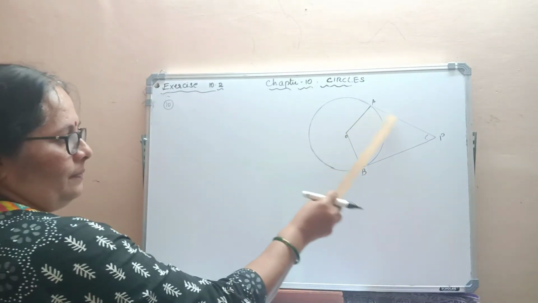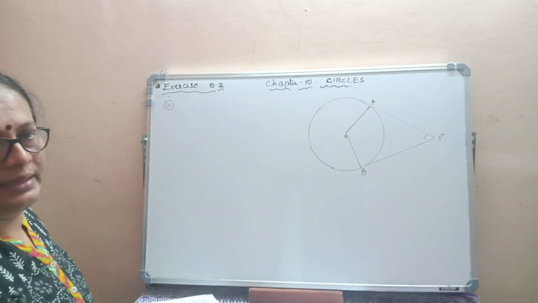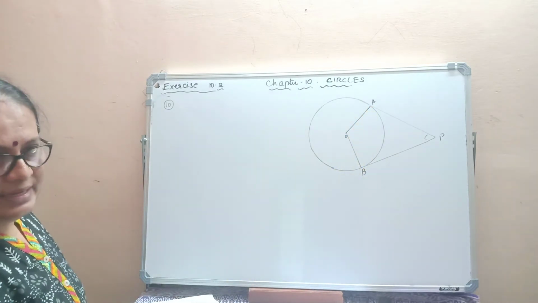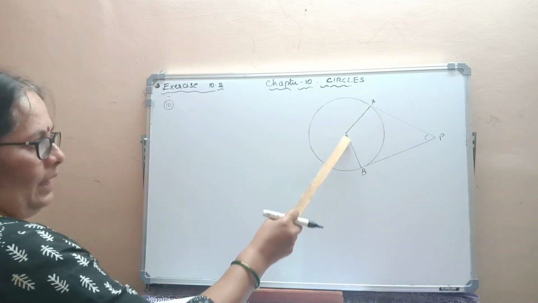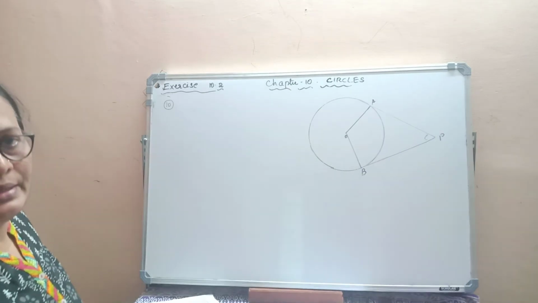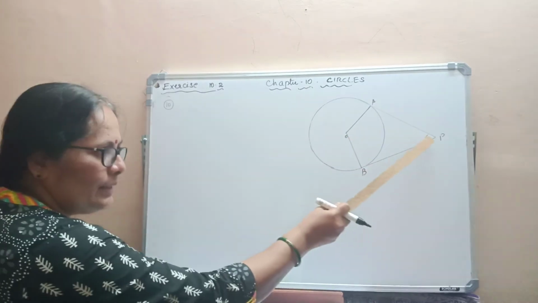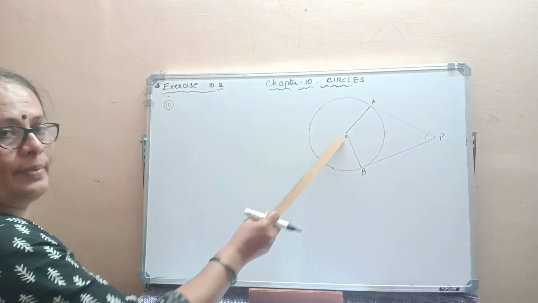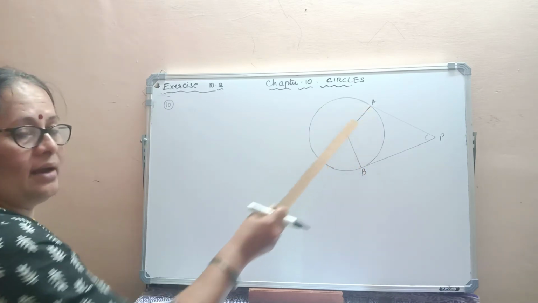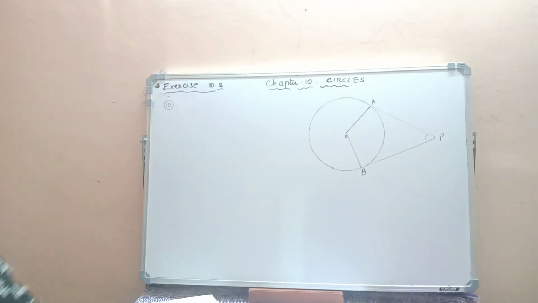So sum of the four angles of the quadrilateral is equal to 360 degree, in that two of them are 90 degree each. Therefore, angle AOB plus angle APB equals 360 minus 180, which is 180 degree. It means that angle between the two tangents and angle formed by joining the line segment from the point of contact are supplementary. That is, sum of the angles equals 180 degree.